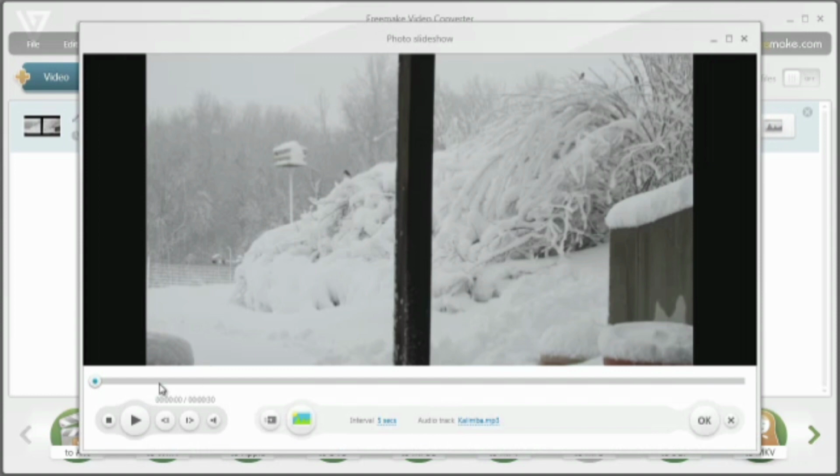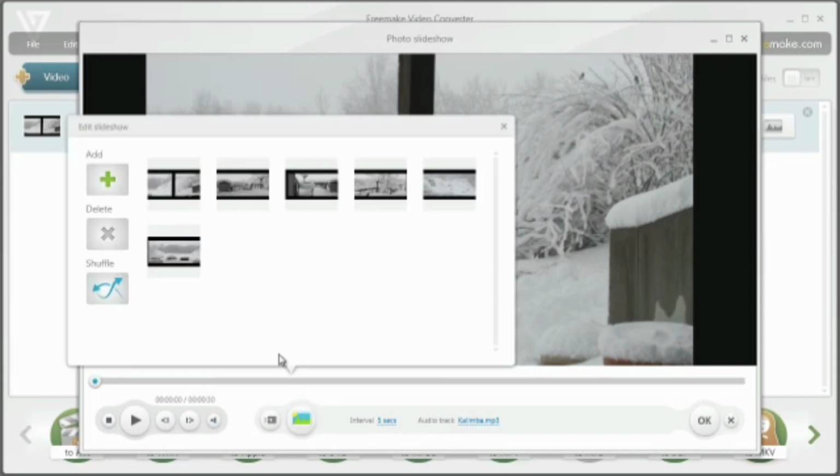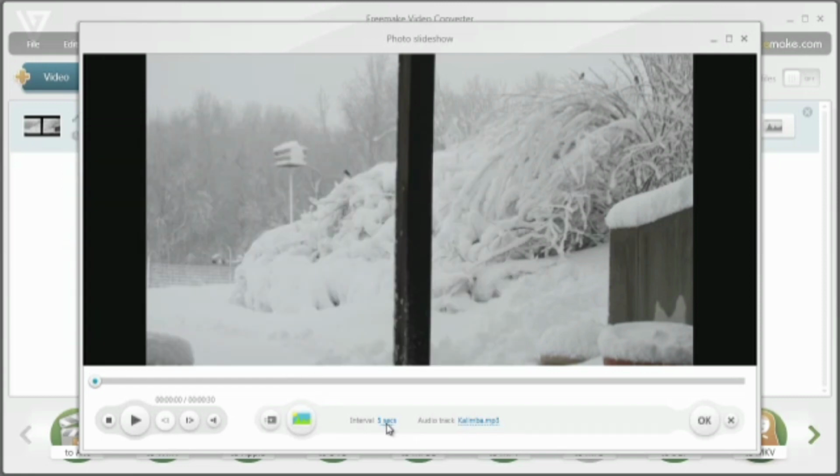and while in the preview, you can play, you can stop, you can fast forward, fast rewind, and so on, but right here is where you can edit the slideshow in the event you want to shift the images around or even add additional images. And go and close this out here. Right here is where you can